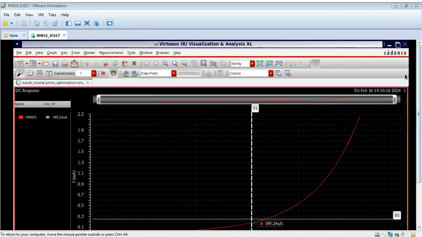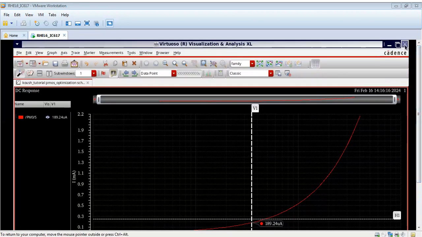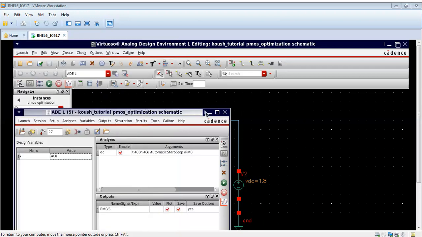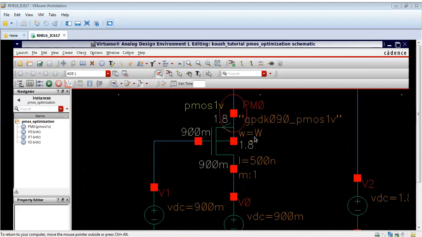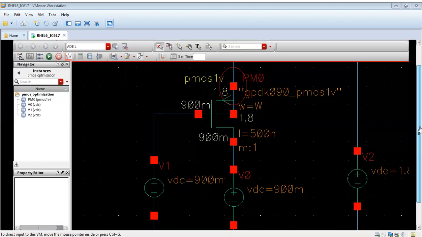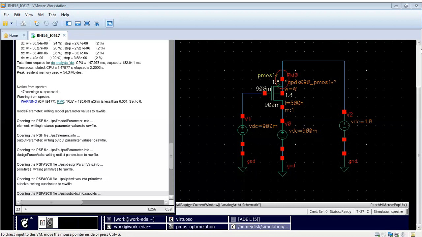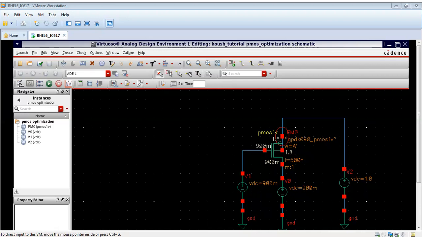So we will obtain the maximum performance from our PMOS, because if we want a fixed current, then we have to keep a fixed width. So for that fixed width value, we can find the drain current. So we can vary the other values also, like we can vary length and keep width fixed. So that depends on the application only. And we can optimize NMOS also in a similar way.